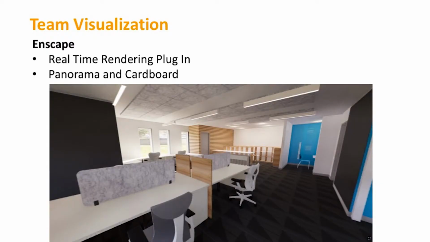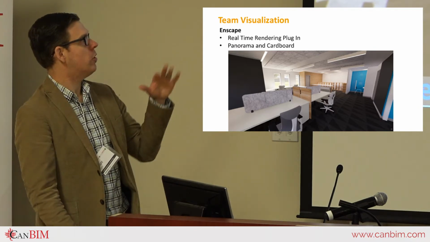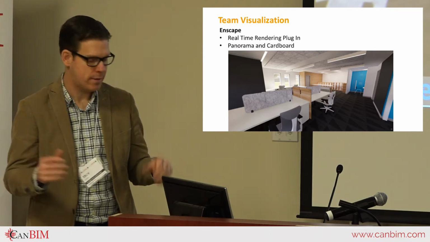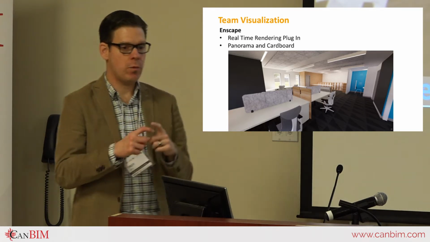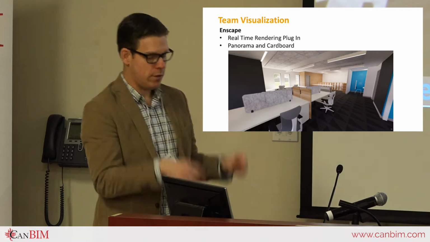So this is an export from Enscape, a real-time rendering plugin for Revit. You can make changes directly and it will update instantaneously. You can change color, materials super fast. I can send a QR code to a client via email. They can scan it on their phone, and they can do